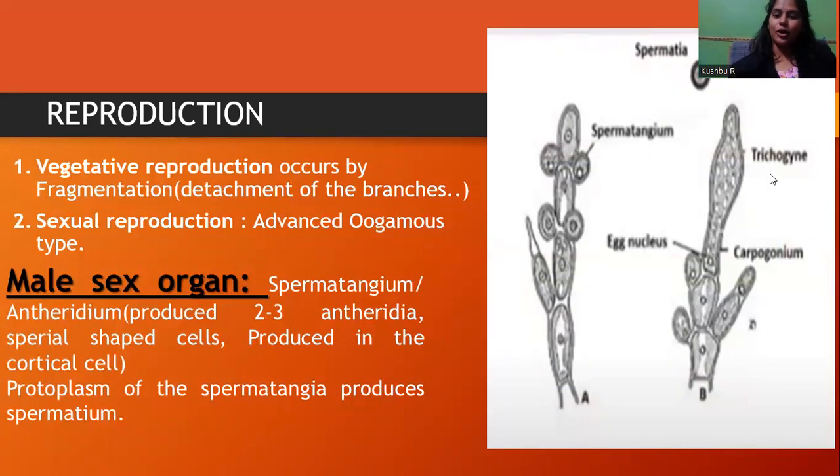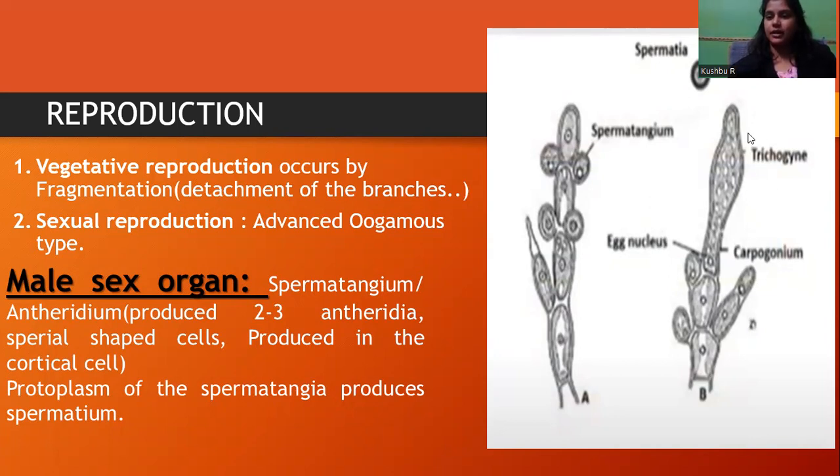This is how your male gametophyte would look. Your male gametophyte is called the spermatangium, or antheridium, where the antheridium produces antheridia, or we can also say the spermatangium produces spermatia. There are about 2 to 3 antheridia that every gametophyte would produce. And this is how your